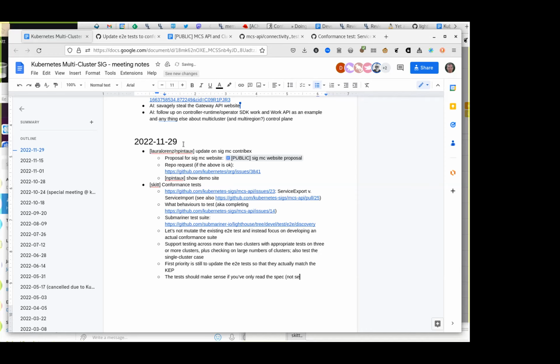as a test that exercises the spec. I like the way you put that, Paul. I think that, to me, that is how the tests test the KEP. Yeah, so that any failure, well, if you take something that supposedly implements the MCS API and it fails to pass the conformance test, the correspondence to some item in the KEP should be obvious.